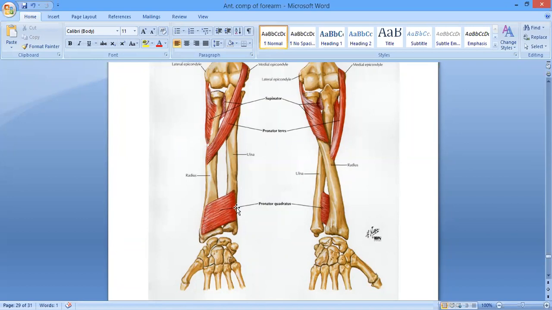They come from the lower one-fourth of the ulna and attach to the lower one-fourth of the radius, and its deeper fibers are going to be inserted at the triangular area above the ulnar notch. We studied this when we talked about the ulnar notch. The triangular area above the ulnar notch at the lower end of the radius is formed by the split of the interosseous border, so the muscle fibers attach there too. Again, it gets its nerve supply from the anterior interosseous nerve, a branch of the median nerve, and it is the pronator of the forearm. So we have finished about half of the topic of the anterior compartment of the forearm.